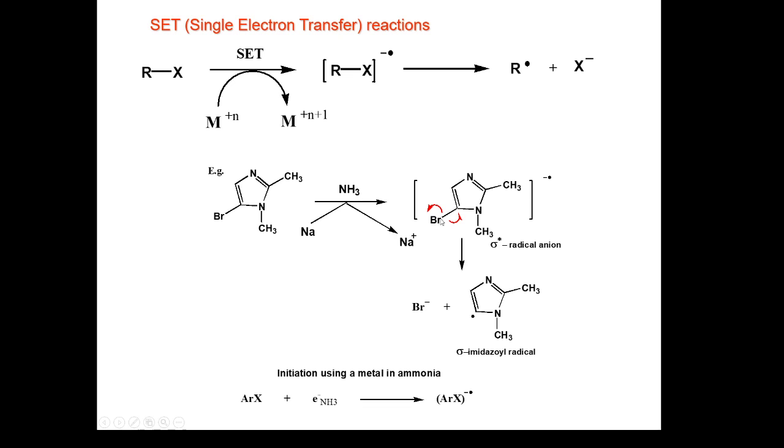The mechanism is straightforward. Bromine takes its electron, carbon takes its electron. I mean, this is not the full mechanism. This is the general what's going on. Bromine takes half of an electron, carbon takes the other half. Bromine picks up the electron that sodium is donating, and we end up with the free radical on the carbon chain. Again, as organic chemists, are we really worried about this? No, we're worried about this. So if you remember, whatever's attached to the halogen becomes the free radical,